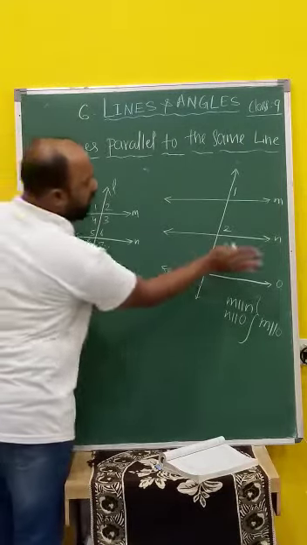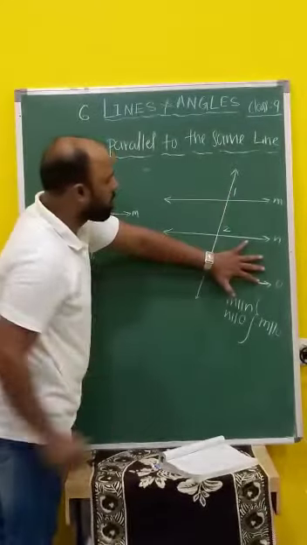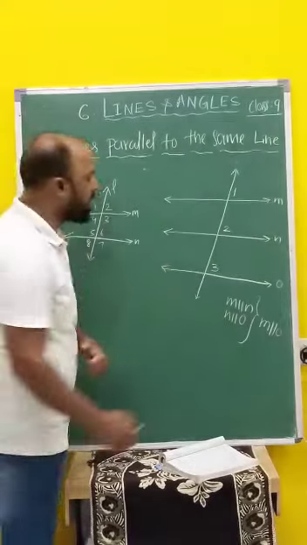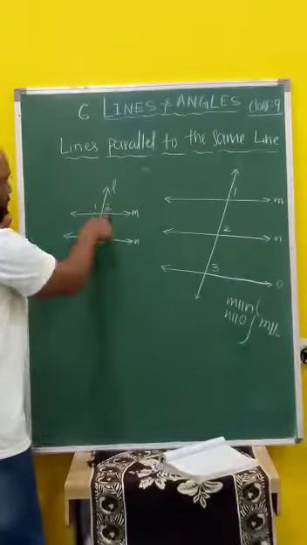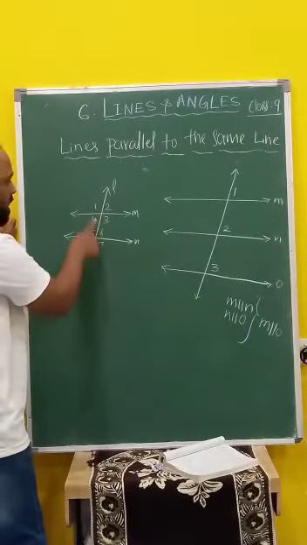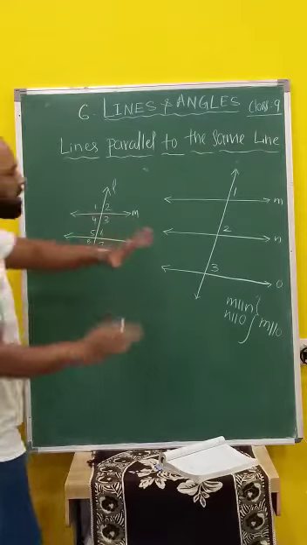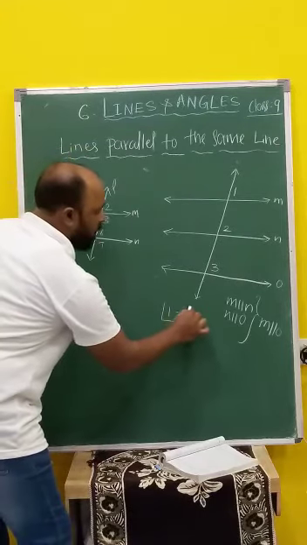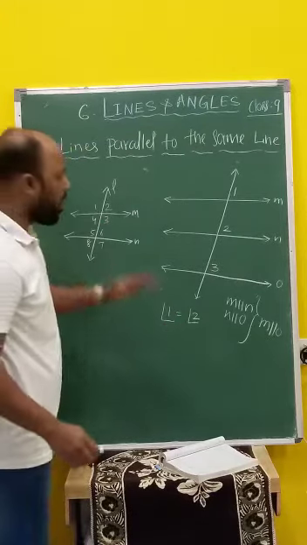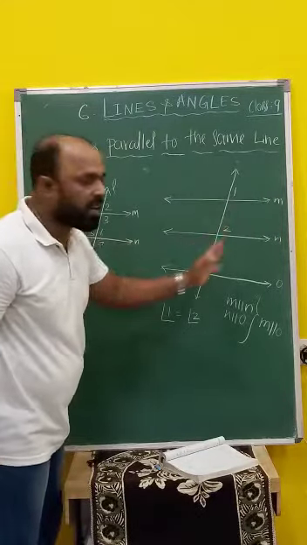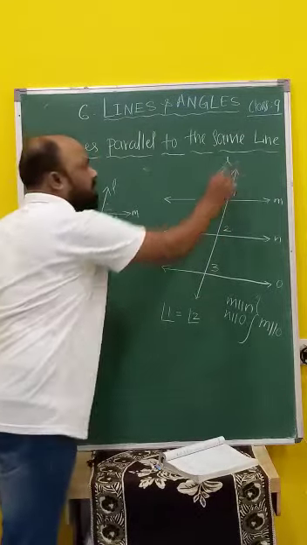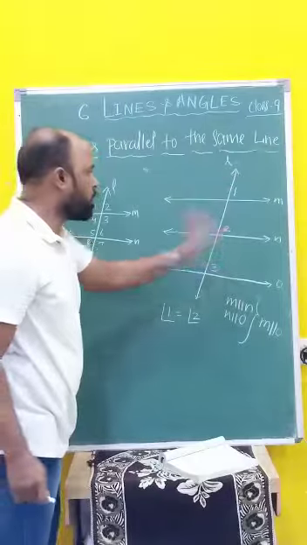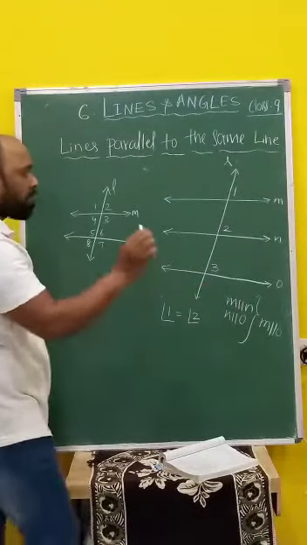In the same way, observe only the above two, angle 1 and angle 2. Pairs of corresponding angles are equal. From this, we know 2 is equal to 6 and 1 is equal to 5. Same, 4 is equal to 8, 3 is equal to 7. I am selecting only the above ones, 1 and 2. Angle 1 is equal to angle 2. Why? M and N are both parallel lines and L is the transversal. Then obviously corresponding angles are formed. 1 is equal to 2. Done.